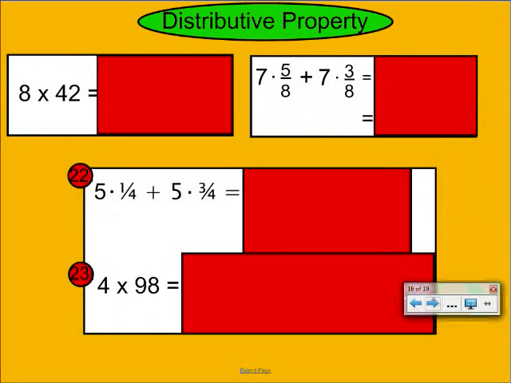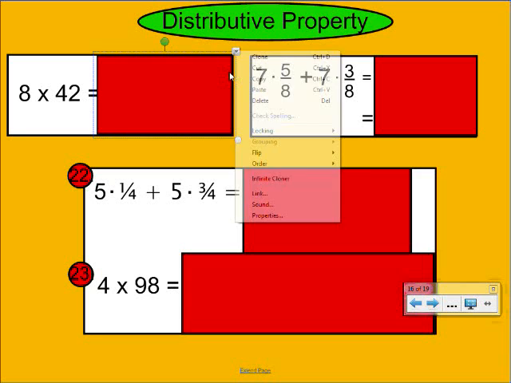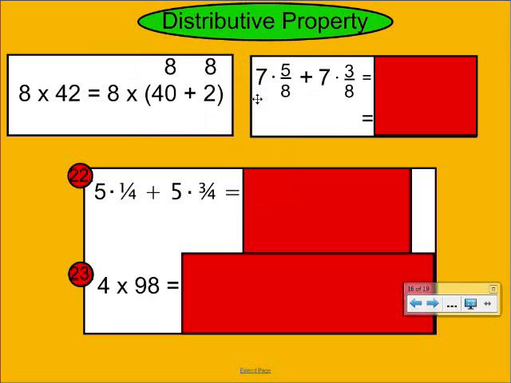We had in lesson 6.7 the distributive property, and that is again another way to make it a simpler problem. If we take a look at 8 times 42, I'm going to break that 42 up into something that's easier to multiply, which is a 40 plus a 2. So these two numbers are exactly the same. 42 is the same as 40 plus 2. I'm now going to distribute my 8. The 8 that I'm multiplying I'm going to put over the 40, and I'm going to put it over the 2, and then I'm going to multiply those. So 8 times 40 is 320, and 8 times 2 is 16. And when I add those two numbers together, I get the sum, which is